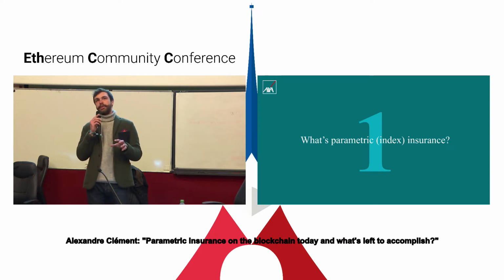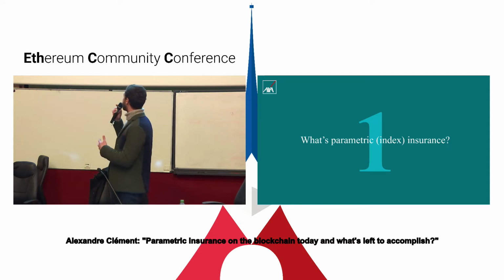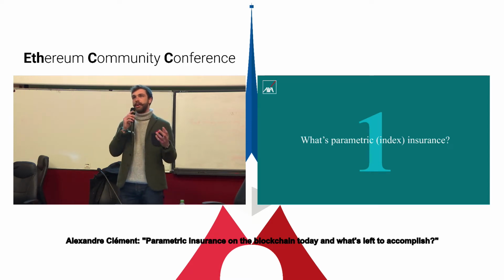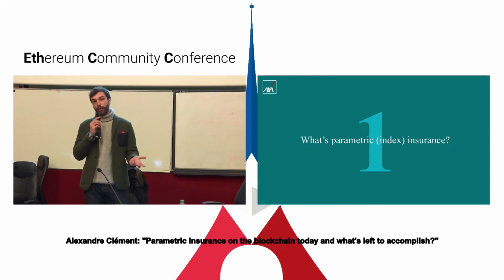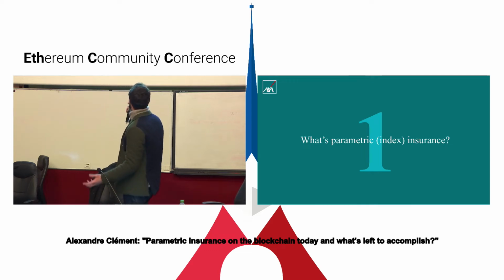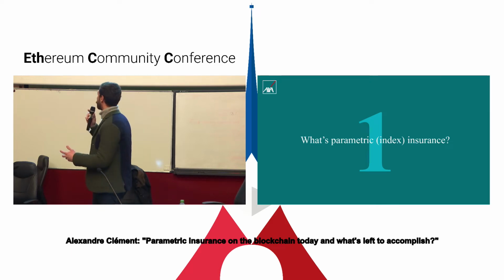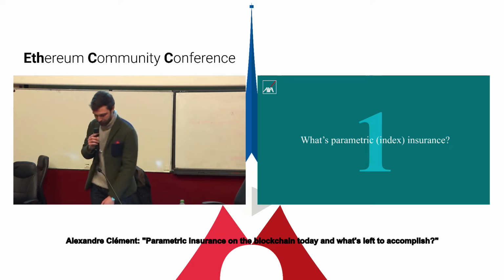Then we need to find a parameter that correlates well with this risk and a threshold above which the risk is considered materialized. So you have a few examples here. For commercial property, we could do fire or flood insurance with the parameter being the height of the water. For crop insurance, we could do something like a certain number of days of drought. For airline companies, it could be volcanic eruption, for instance. So if the parameter reaches the threshold, we know we should compensate because the risk actually happened.